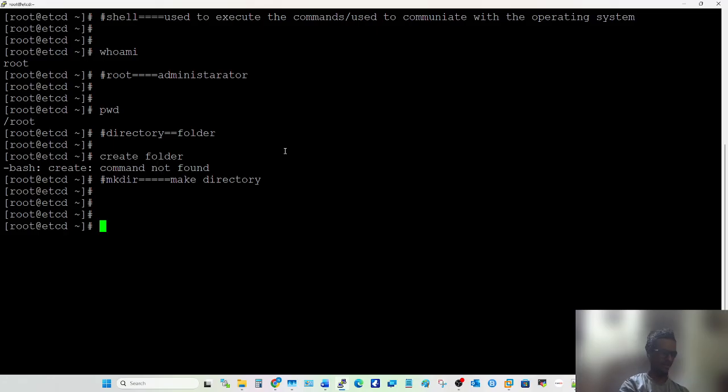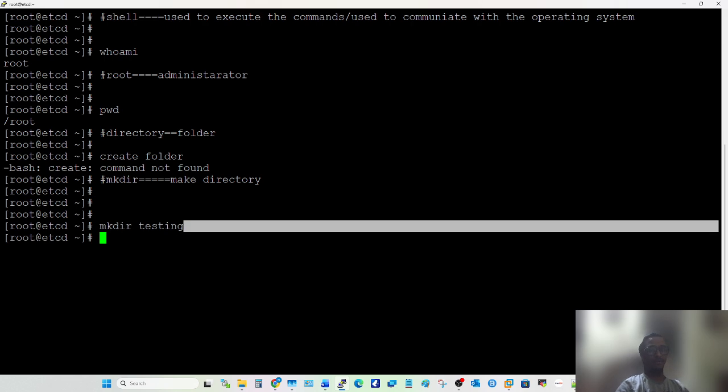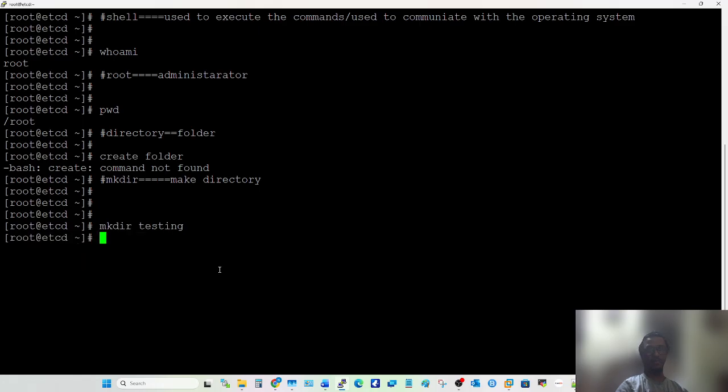Now let's create a directory. A directory is nothing but a folder in Linux. mkdir testing. After hitting enter you are not seeing any output. But if you want to check whether this testing directory is created or not, you can run the command ls, which means list.